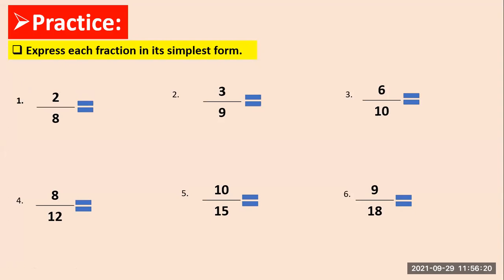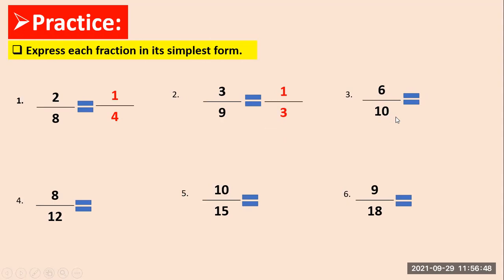Page 81, 2/8. So to put it in simplest form, we can divide 2 by 2, we can divide 8 by 2. So 2 divided by 2 is 1. 8 divided by 2 is 4. So the answer here is 1/4. Number 2, we can divide 9 by 3, right? So 9 divided by 3 is 3. 3 divided by 3 is 1. So 1/3. Here, can we divide 10 and 6